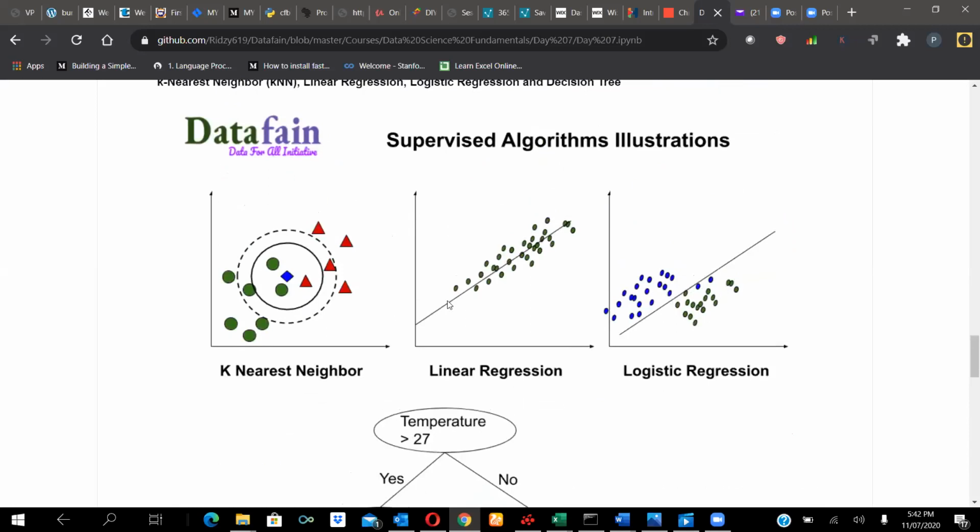K-nearest neighbor is under supervised classification, which we all know, and is a supervised machine learning algorithm. Whereas k-means clustering, as we all know, is an unsupervised machine learning model. But the difference is,